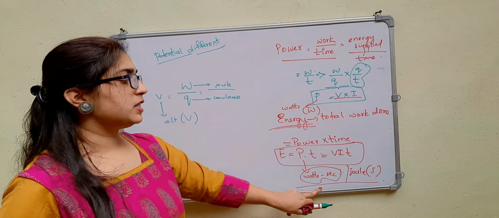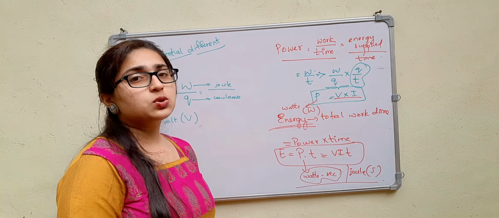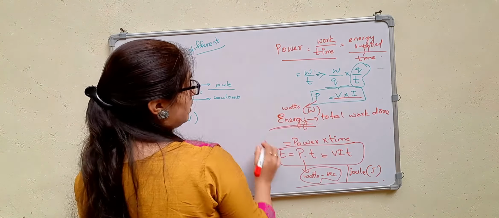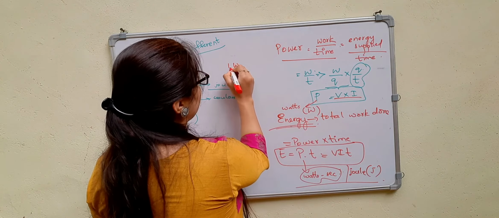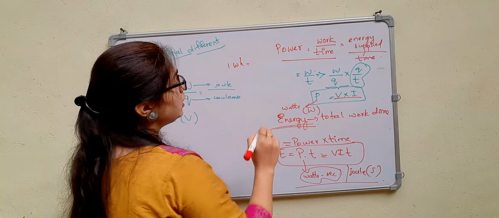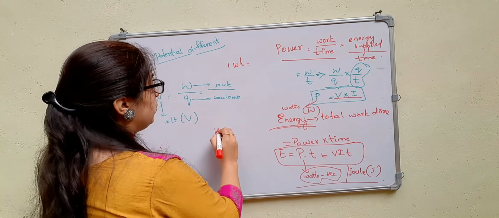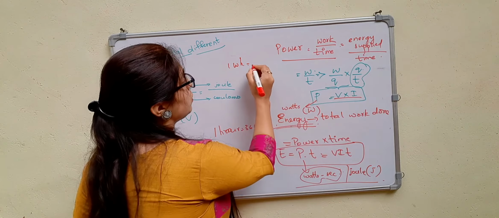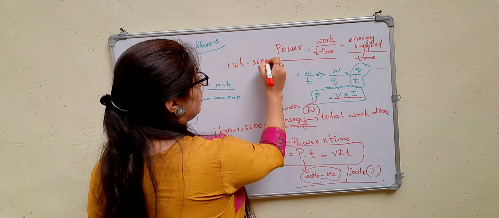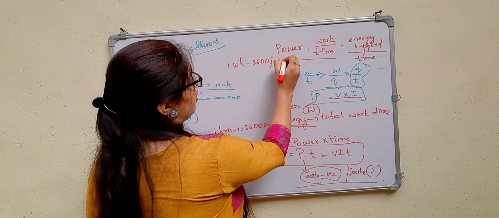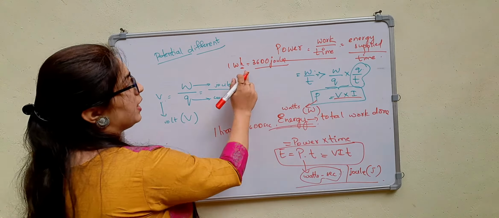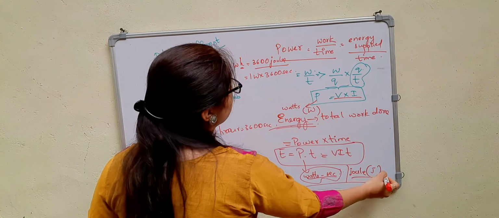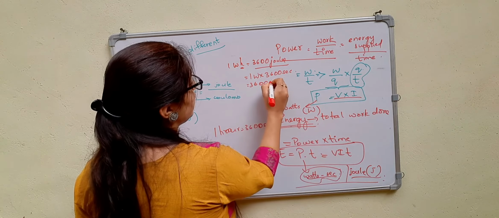See, this is actually a very small quantity. But when a large quantity of energy is involved, we cannot use this. Okay. So you can consider what is your watt hour. 1 watt hour is equal to, see, 1 hour is equal to 3600 seconds. Because I am substituting 1 watt into 3600 seconds, and 1 watt second is nothing but joule. So this can be written as 3600 joules.